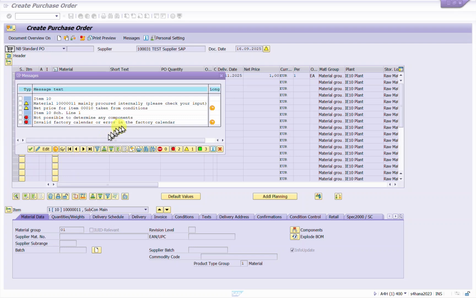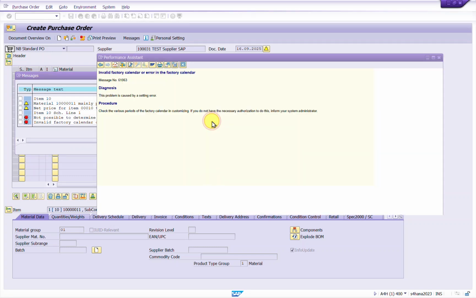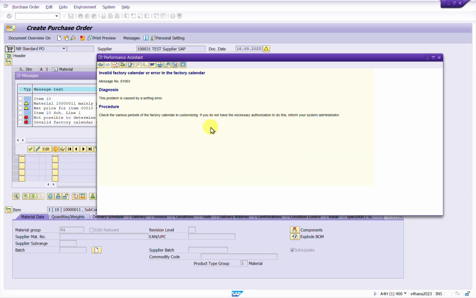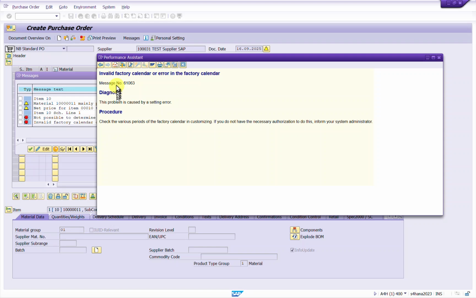Hello. So again, I'm here with a new error. I'm getting an error, invalid factory calendar or error in the factory calendar, while I'm doing a purchase order. So let's see what the error is. I'm getting an error here, invalid factory calendar or error in the calendar, and the message number is